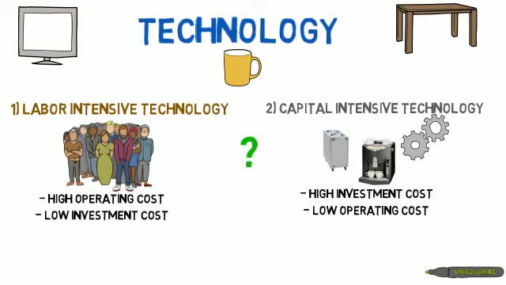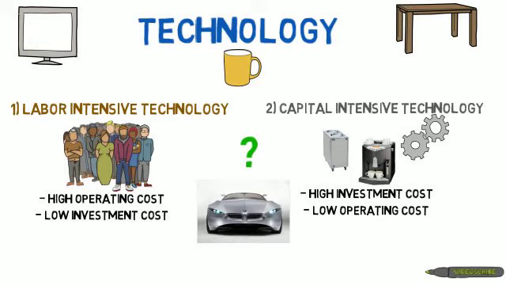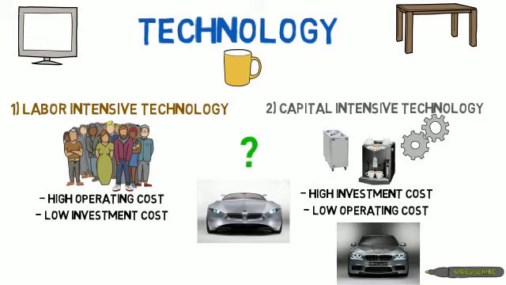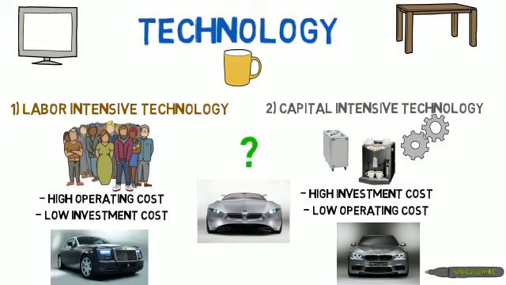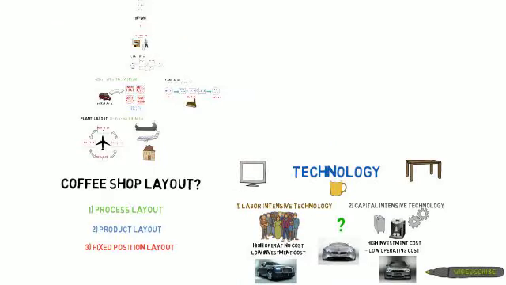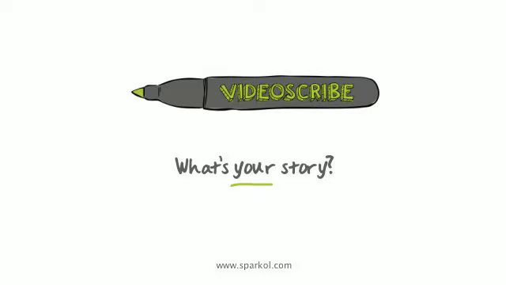The second thing that we would like to highlight is that you do not need to copy other coffee shops just because they are in the same industry as you are. For example, BMW and Rolls-Royce are both in the same industry, producing high-end quality cars. However, they are using totally opposite types of technology. BMW is using the capital-intensive technology and relies mostly on machines and equipment to produce their cars, while Rolls-Royce is using the labor-intensive technology to produce their cars. So, again, what type of technology do you think your coffee shop